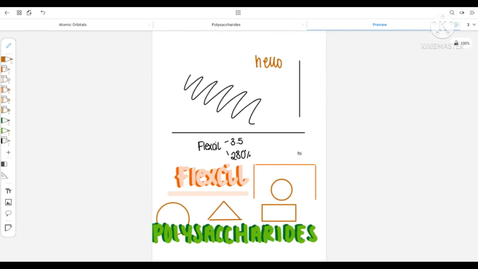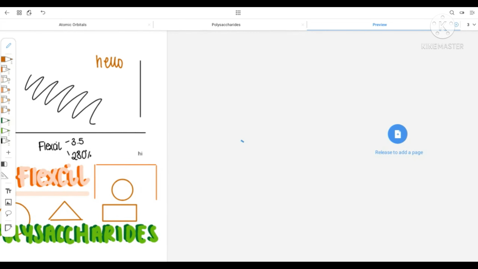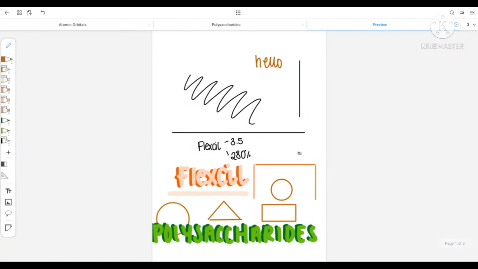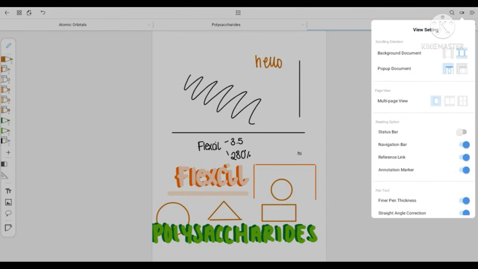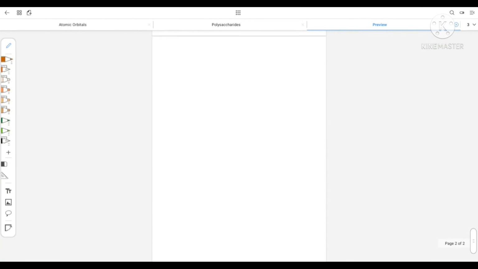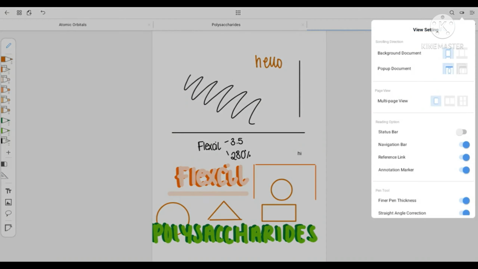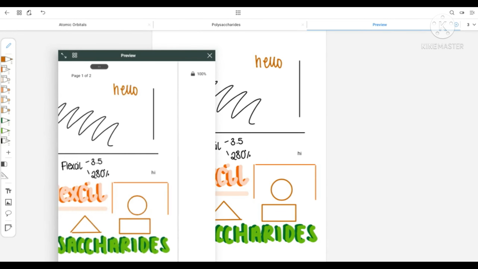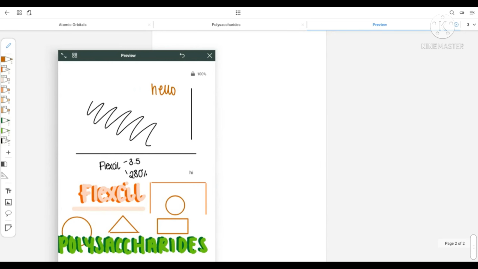To insert a new page, you either swipe to the right and a new page will be created, or you go up to this button and where it says background document for scrolling direction, you can change it so that you create a new page by swiping up instead. And you can change the pop-up one, so the pop-up can actually swipe this way instead of vertically, and you have this one going